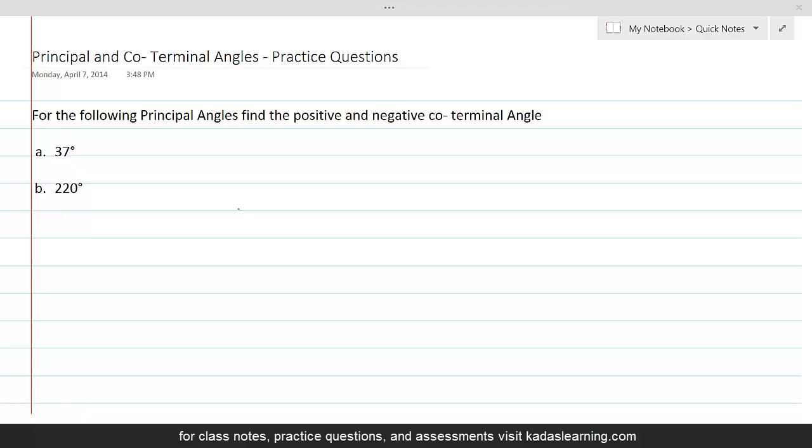For the following principal angles, find the positive and negative coterminal angles. We know that a principal angle is an angle which lies between 0 and 360 degrees. Let's get started with this first angle. Given principal angle is